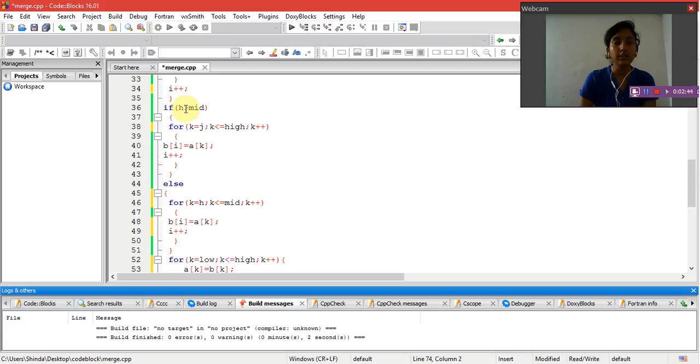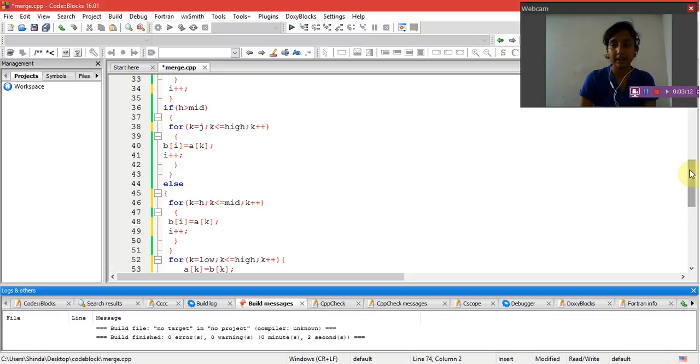Now, if the low value of the first array is greater than mid, we have declared another variable called k. If that variable k is equal to mid plus 1, and if that k is less than or equal to high and is incremented, then the second array's low value will be equivalent to the first array's k, which we have equated to mid plus 1, and i keeps incrementing.